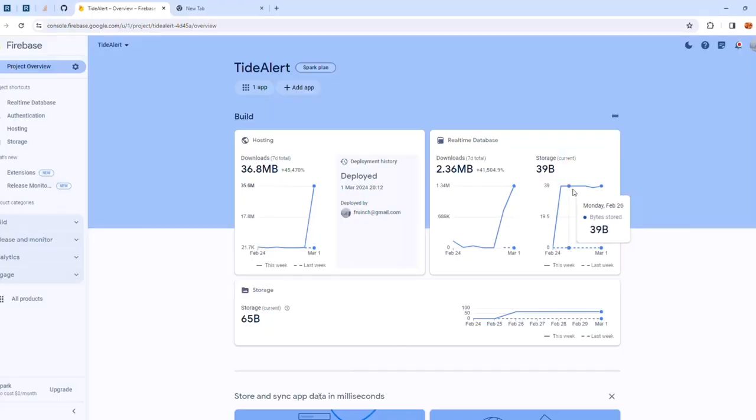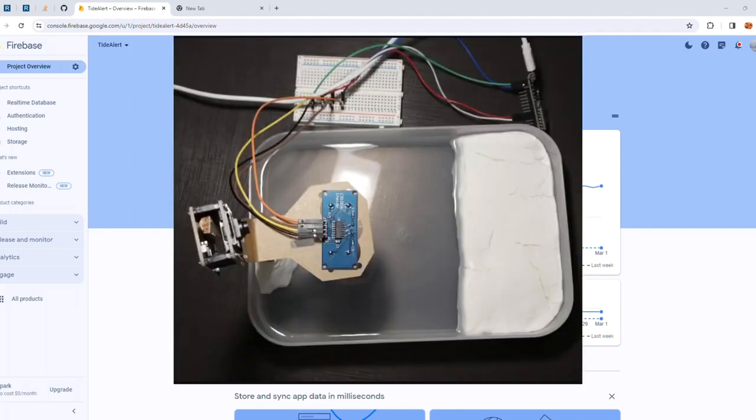Integrating the Google Firebase services, we were able to construct a database and host our web application. Our web application is created using Firebase tools alongside HTML, JavaScript, and CSS. The Leaflet JavaScript library was used for a map function, and the components in our physical model include an ultrasonic